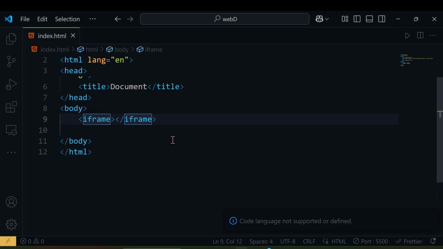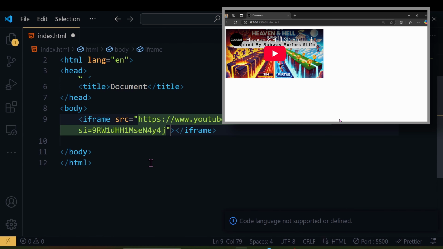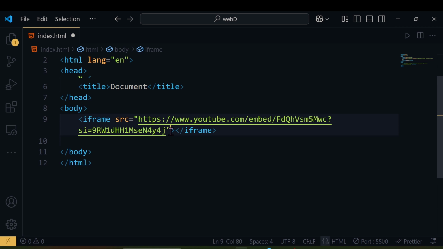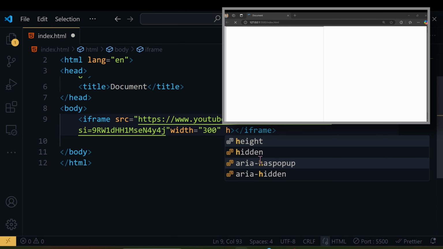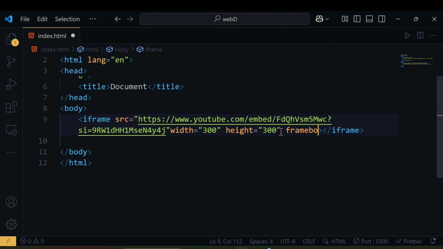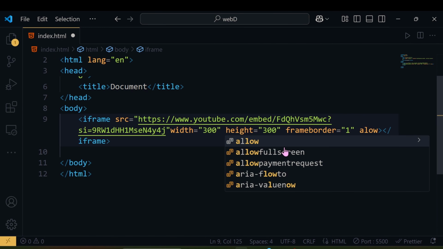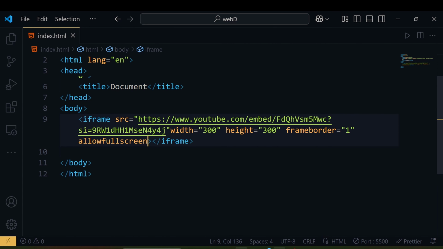other resources. Let's talk about the attributes of iframe. SRC specifies the URL of the embedded content. Next one is width and height, and it defines the size of the frame. And next one is frameborder. If you want to remove the border, then you can set it to 0. Next one is allowfullscreen, and it enables full screen mode, useful for videos. Next one is loading, and the value is lazy, and it improves performance by loading the iframe only when